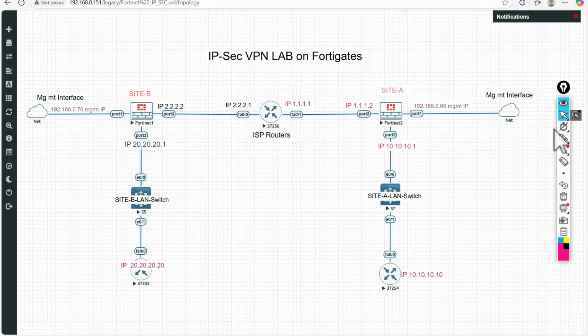Let me introduce the lab topology, and then we'll see how I already performed the configurations. We have two sites. The first one is site A and the second is site B. In site B, we have assigned the 2.2.2.2 IP address on port number 3. On port number 2, I have assigned 20.20.20.1, and port number 1, which is connected to the management network interface, has the 0.70 IP address. And in site A, on port number 1, the IP assigned is